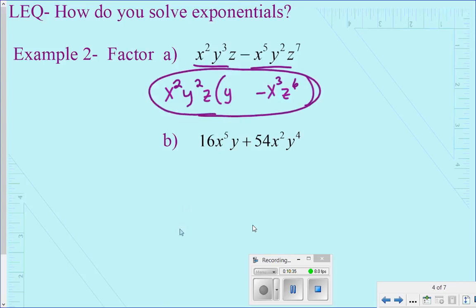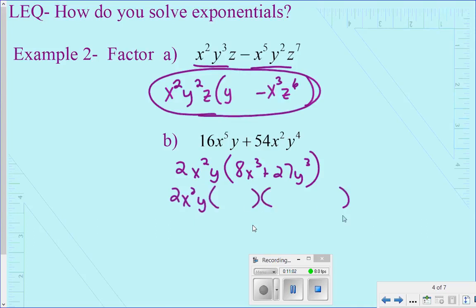So then I told students in class to try B. So you might pause the video and try it. So I'm going to factor out the greatest common factor, which is 2x squared y. I'm left with 8x cubed plus 27y cubed. And I'm recognizing that that's sum of cubes. So I keep my GCF,